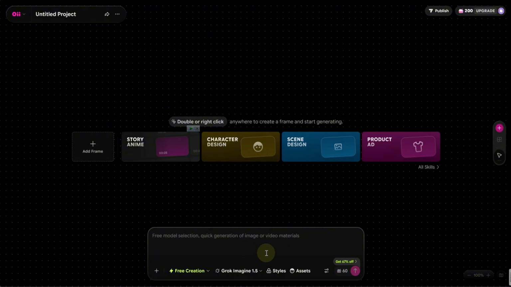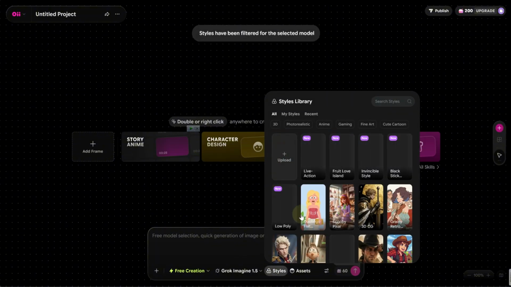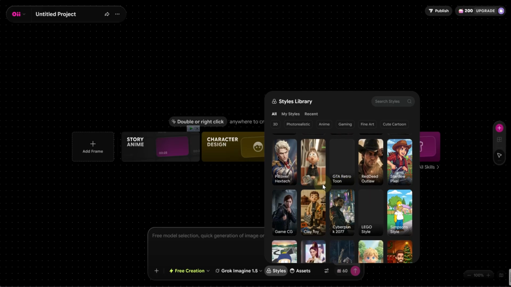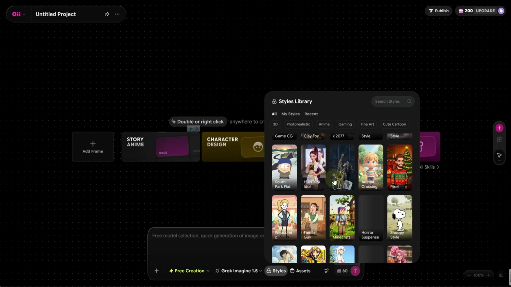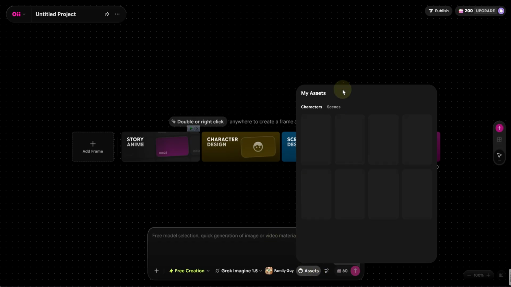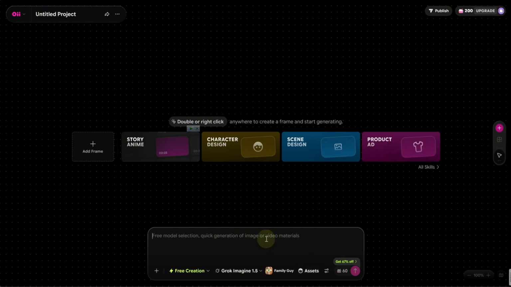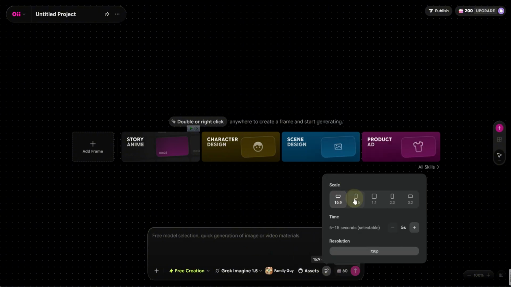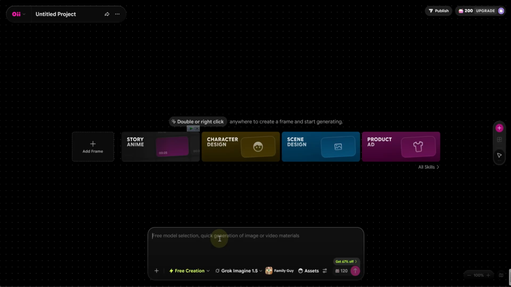So I chose the model. Now the styles. We have multiple styles. Here you can find like unlimited styles. For me, I'll try the Family Guy style. For the assets here, you can make a character or scene, then import it right here. Now we have finally the ratio, which I'll use 9/16, which is the favorite mobile ratio, and increase the duration to 10 seconds. I'll put the prompt right here